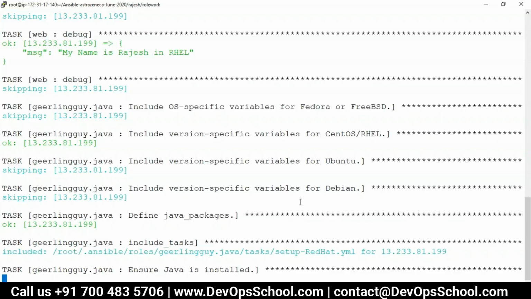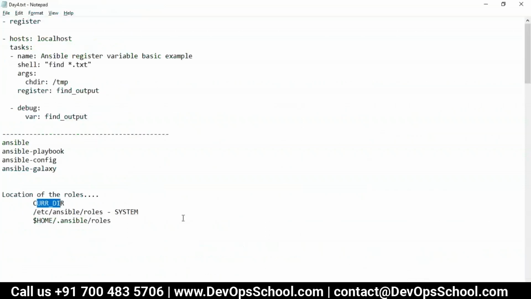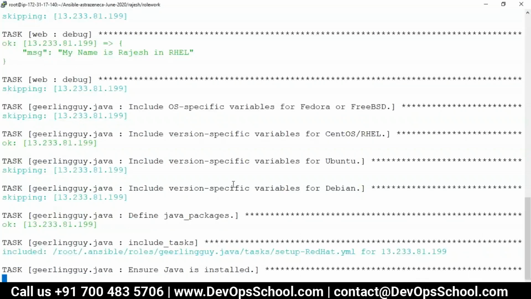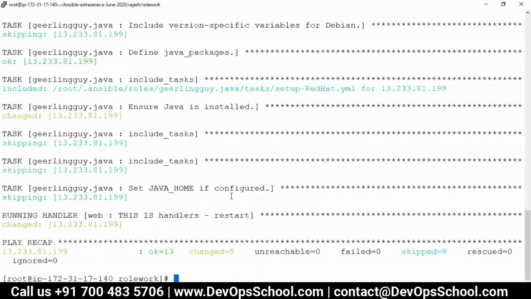Rajesh Neelam here. I have a doubt on this part. We have downloaded the role from Galaxy and then we included it in the playbook like any other role, by giving the name. Is there a way to dynamically call that role from Ansible, like how we do include statements in programming languages, using the other code directly? So, is there a way of calling the Galaxy role directly?